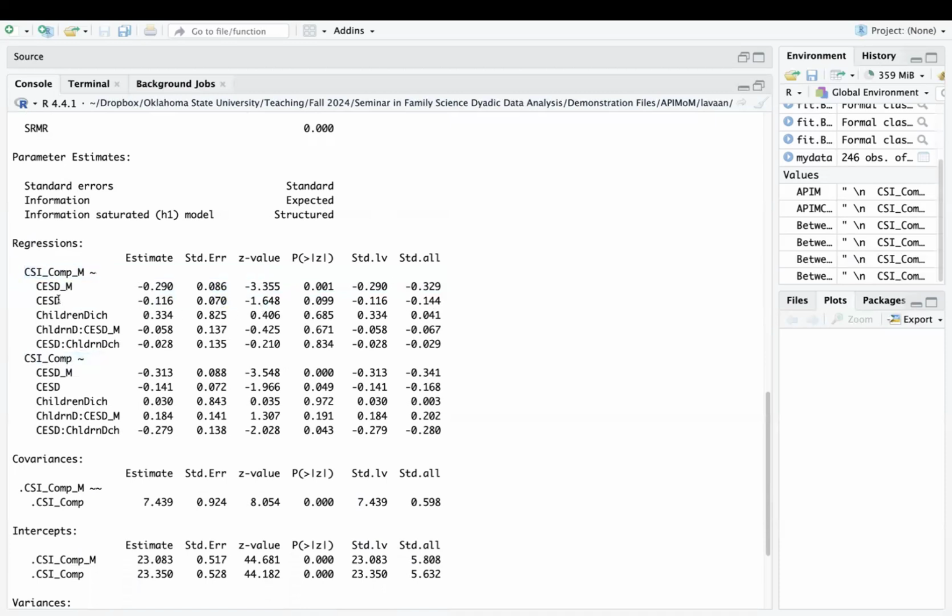And we can see that there's a significant actor effect, a non-significant partner effect, and we can see that there is not a main effect or significant effect of the between dyad variable, whether or not the couple has children, or the interactions between depression and children for men, okay? And so you can potentially interpret this effect, but I tend not to,